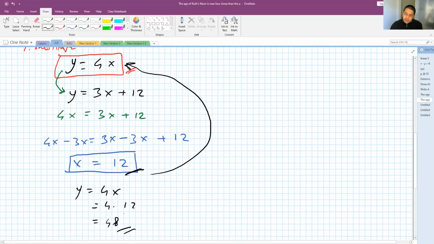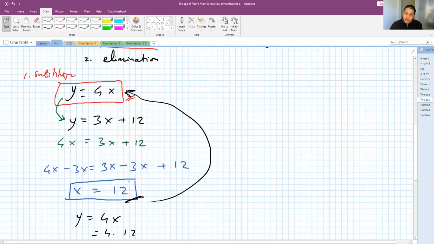Okay. So that's normally how we do the substitution. The idea is we just substitute one of the variables into the other equation. Now the second method that you probably have seen is called elimination. So the idea of elimination is simple. Basically, we try to eliminate one of the variables